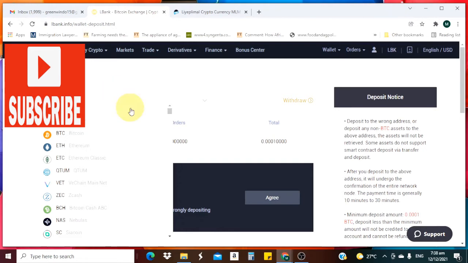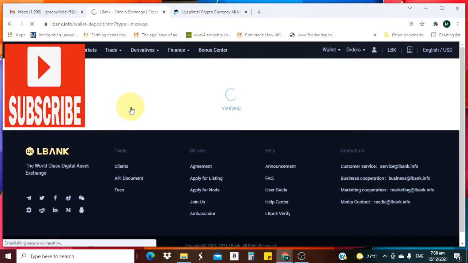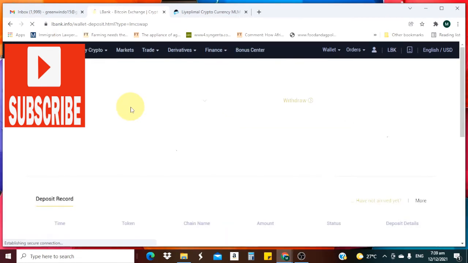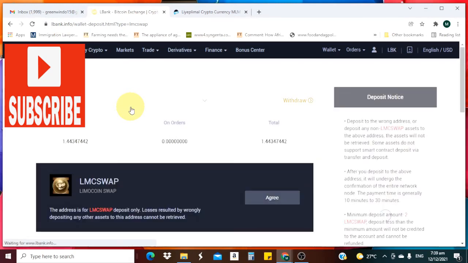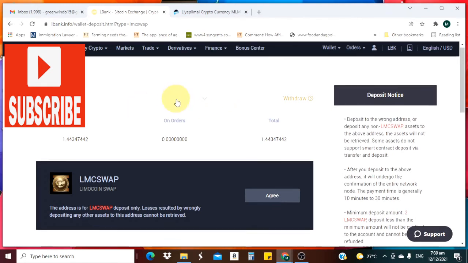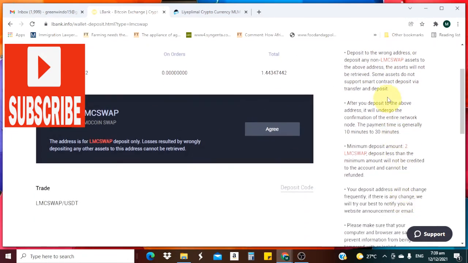Just tap it here, LMC, exactly, Limo coin swap. Exactly here.